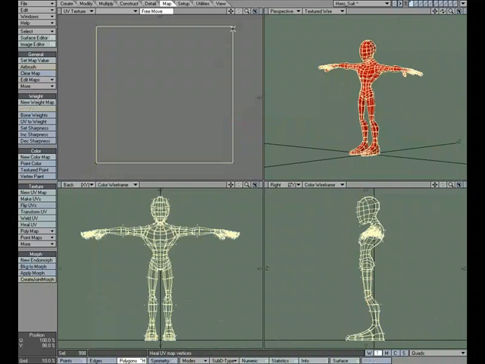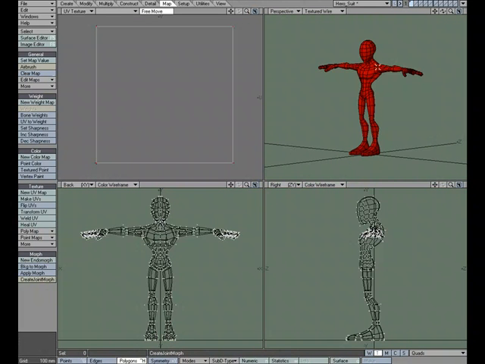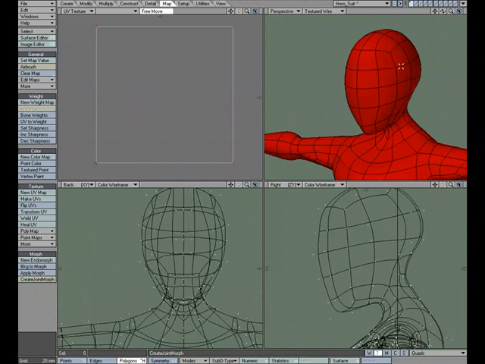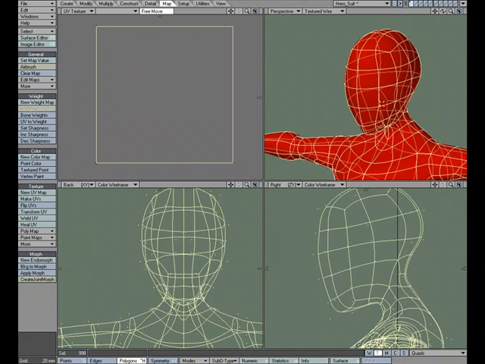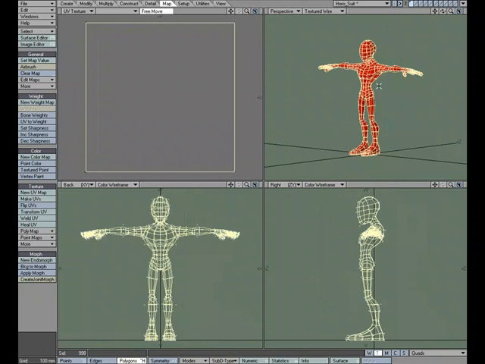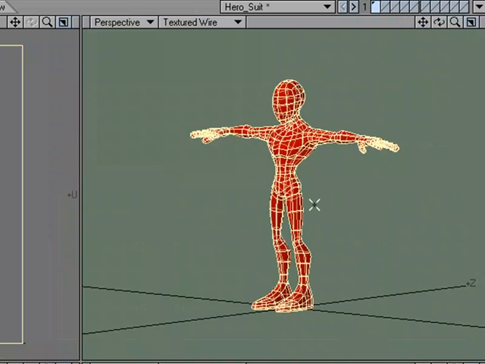And what it did, it looks like it's just one polygon there. Let me go ahead and deselect. If I were to zoom in and grab this polygon, you'll see that it's taking up the entire UV map. If I grab this one, same thing. If I click this, we'll see that it selects every polygon on the character. So every single polygon shares the exact same UV coordinates, and we'll take advantage of that later when we're doing our surfacing. I'm going to go ahead and save this object out,